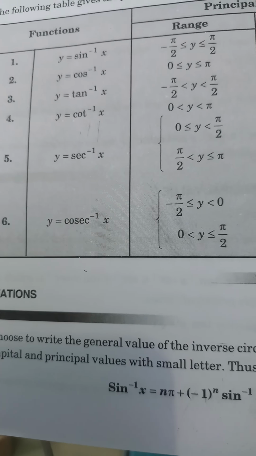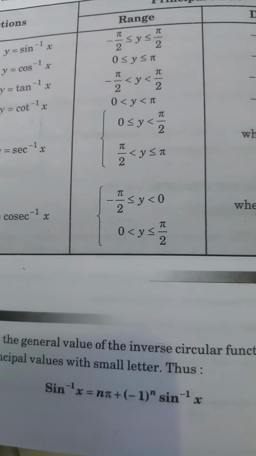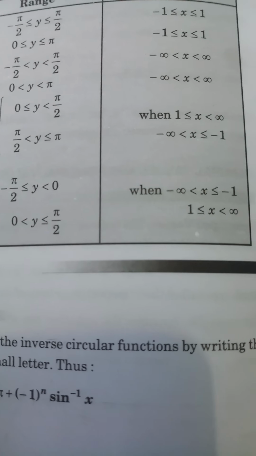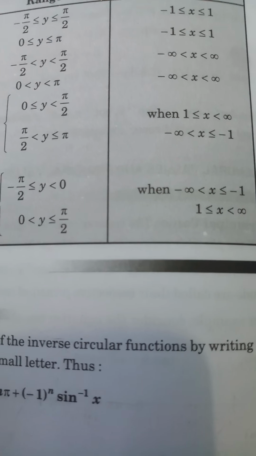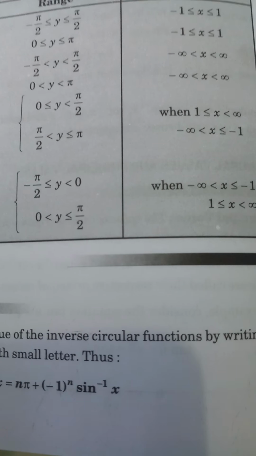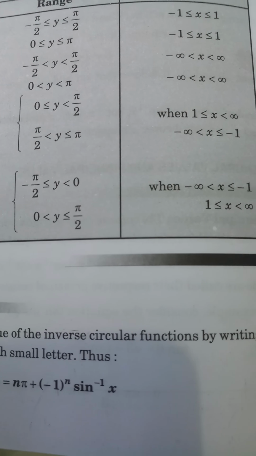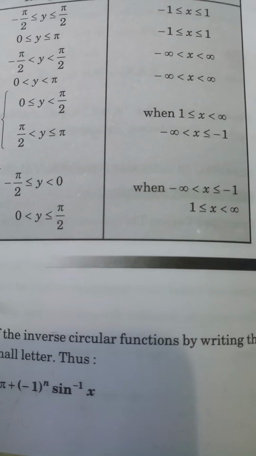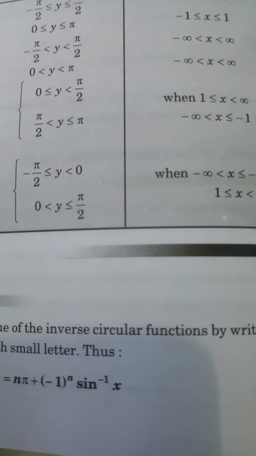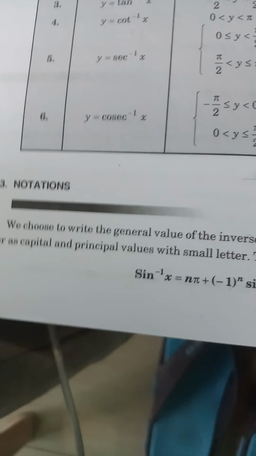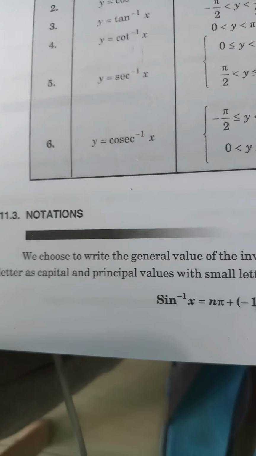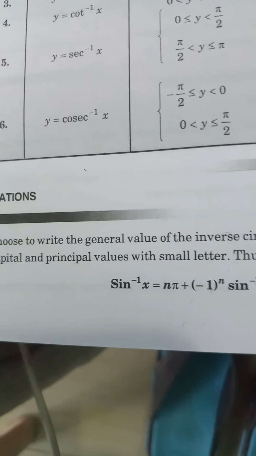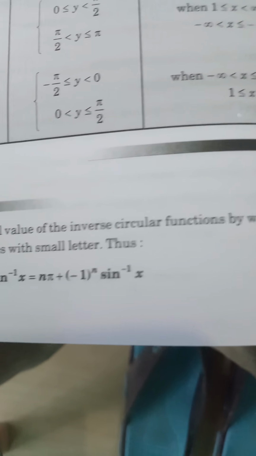When y equal to cosecant inverse x, when x lies between minus infinity and minus 1, y is minus pi by 2 less than or equal to y less than 0. When x lies between 1 and infinity, 0 less than y less than or equal to pi by 2. Notations. We choose to write the general value of the inverse